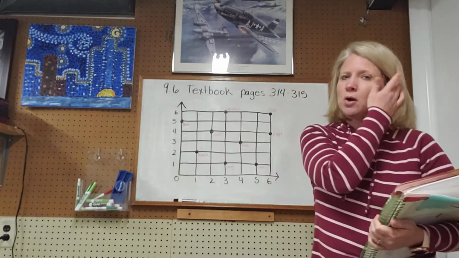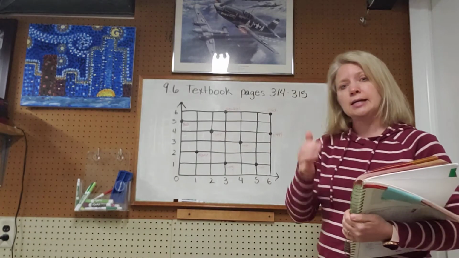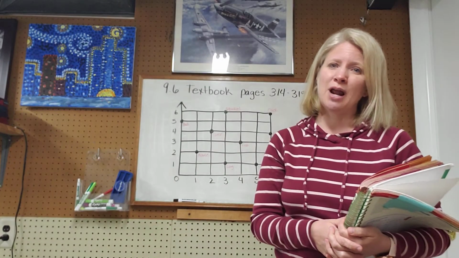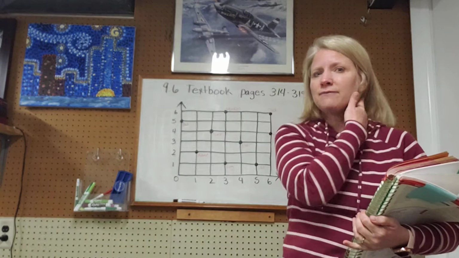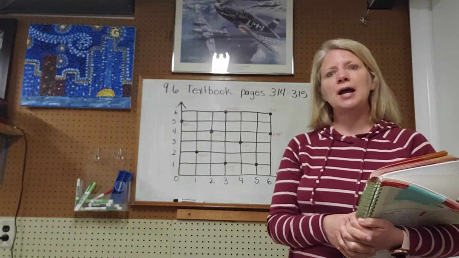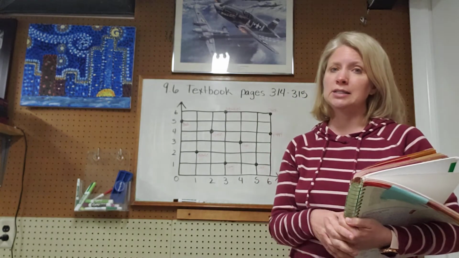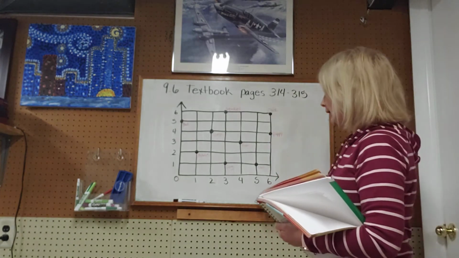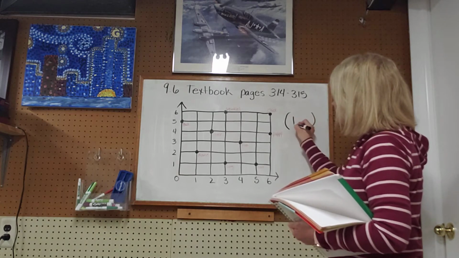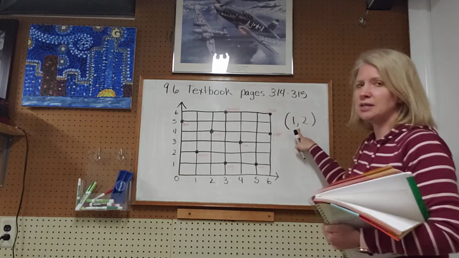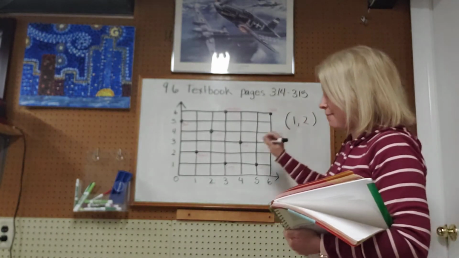Okay, so when we talk about ordered pairs, we talk about graphing on a grid. And we did this earlier in the year when we were doing our math skills and social studies at the very beginning of the year. If you can think back that far, you had to find locations and places and things using coordinates, two numbers that were separated, usually in parentheses, and then there was a first number and then a second number, and they were separated with a comma. So today we're going to go back and look at that again in math, and they're called